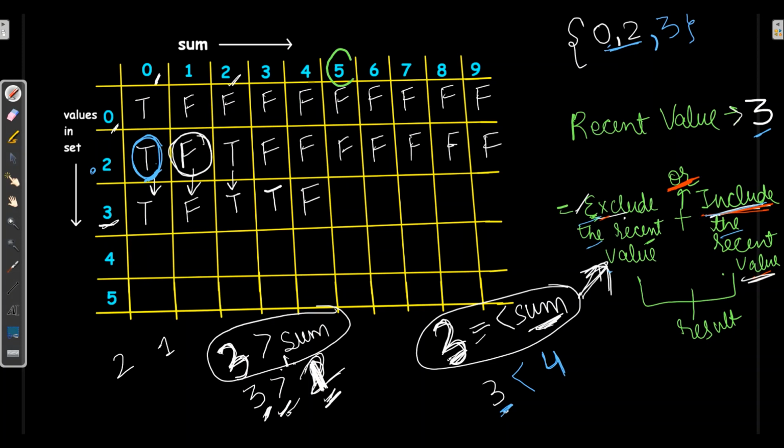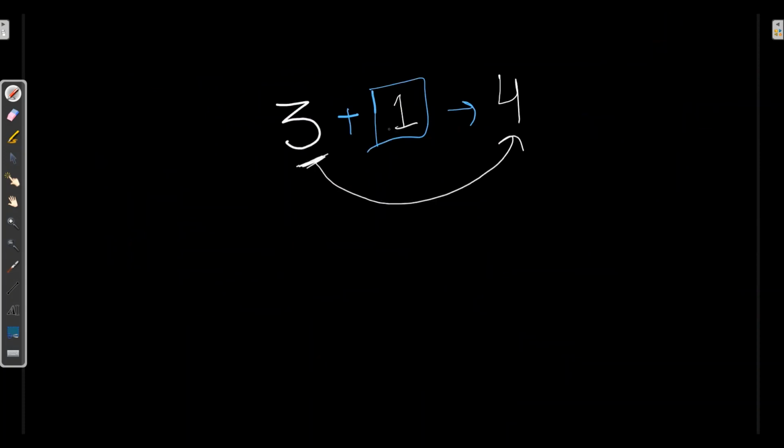Now the sum is 5. Here 5 is greater than 3. So first we will exclude the recent value on the basis of 0 and 2, which is false, and plus sign include the recent value. So here I will have 5 as sum. 3 can achieve 5 only by adding 2.